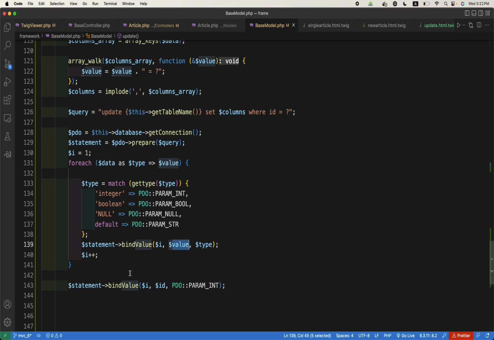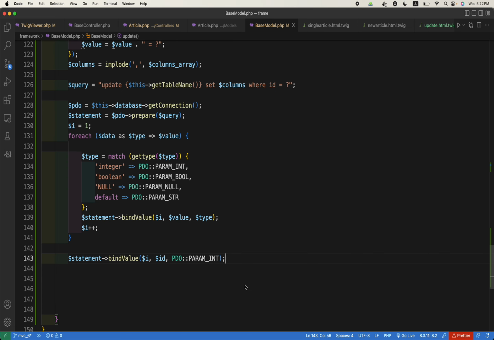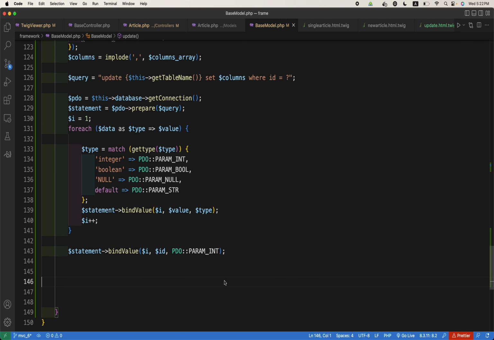Yes. So thank you. So now the last one is kind of hard coded, but at least it is taking the value from the last iteration plus 1. So for example, if the number of elements in the data array is 10, this should be 11. Yes. And that's it. So hopefully this will update the record, and once the record is updated, how can we let it know? So statement